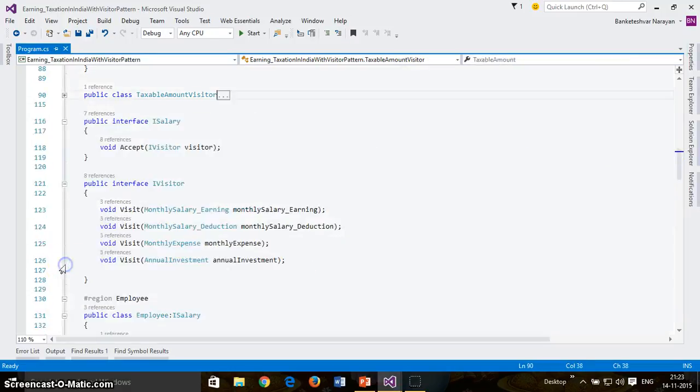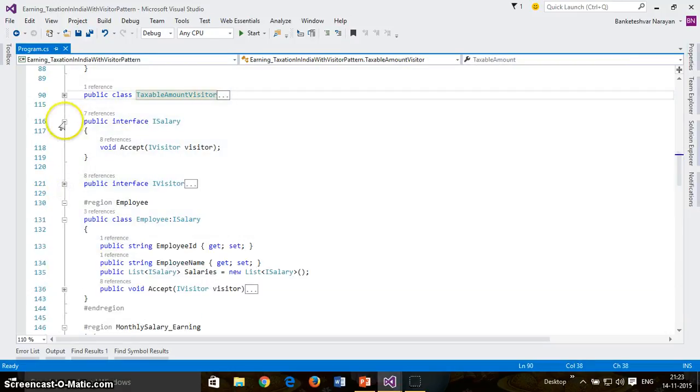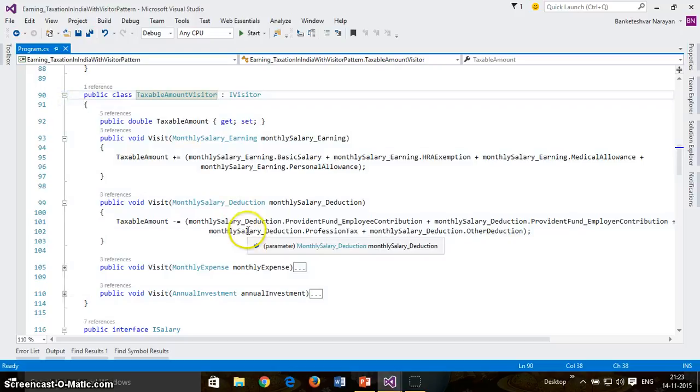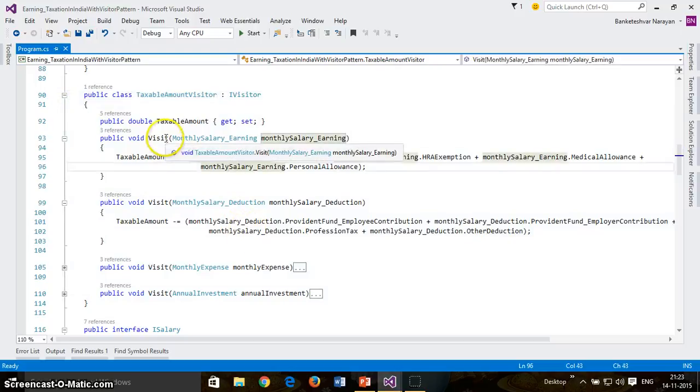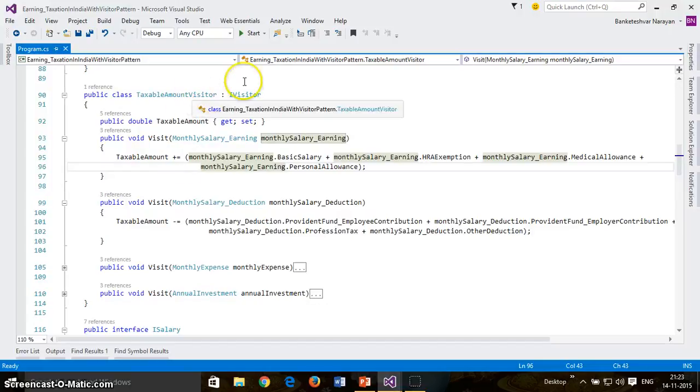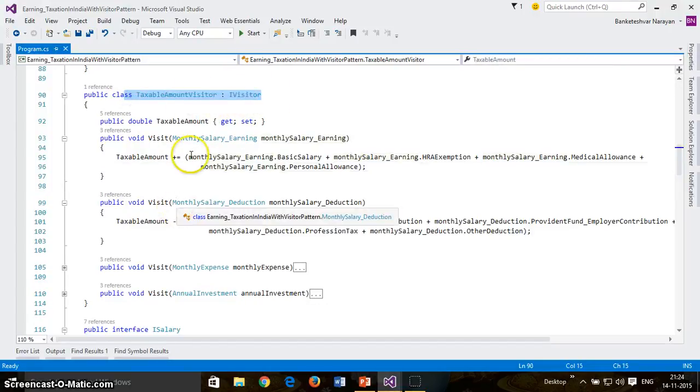The logic is the same as I wrote previously. Just that in that case I was using a for each loop, going through all the elements and iterating there, and that was written in the main method, but here I have segregated it. And if I have to add a new visitor, I can add it and add that logic separately, and then I do not need to change the actual structure.